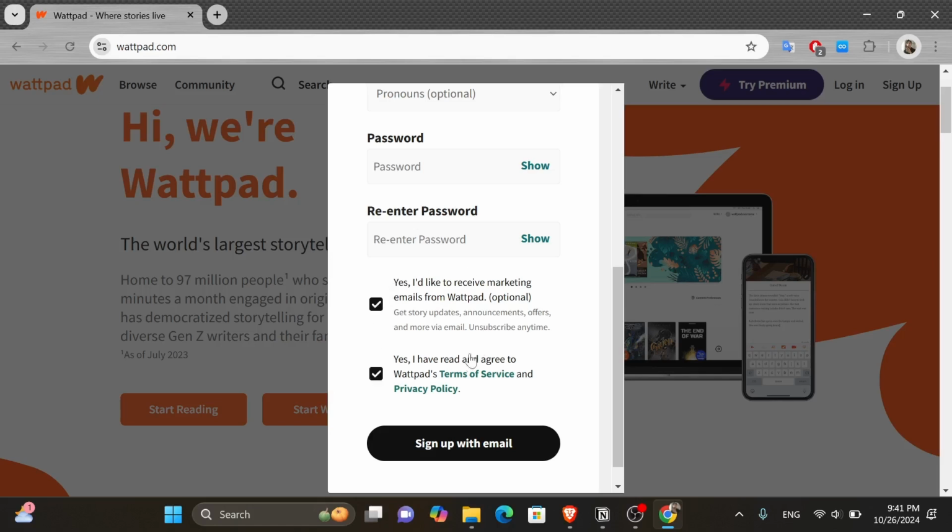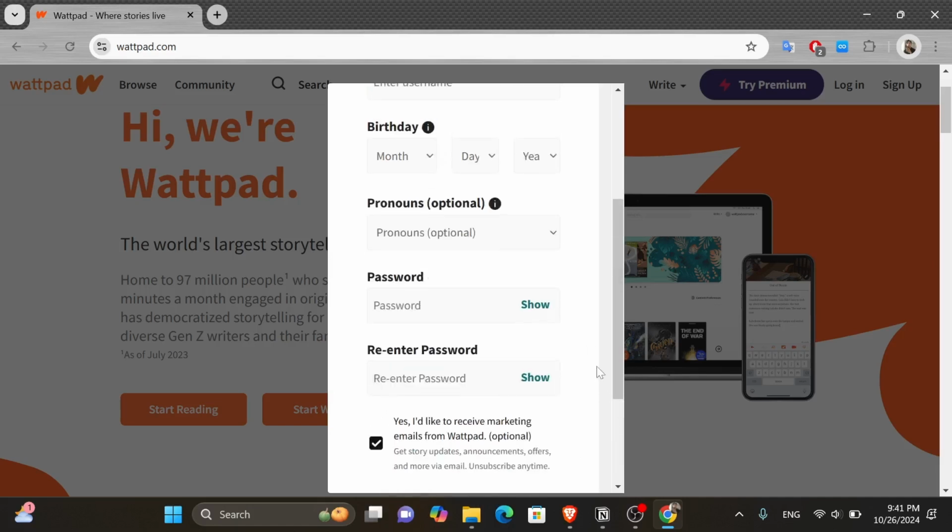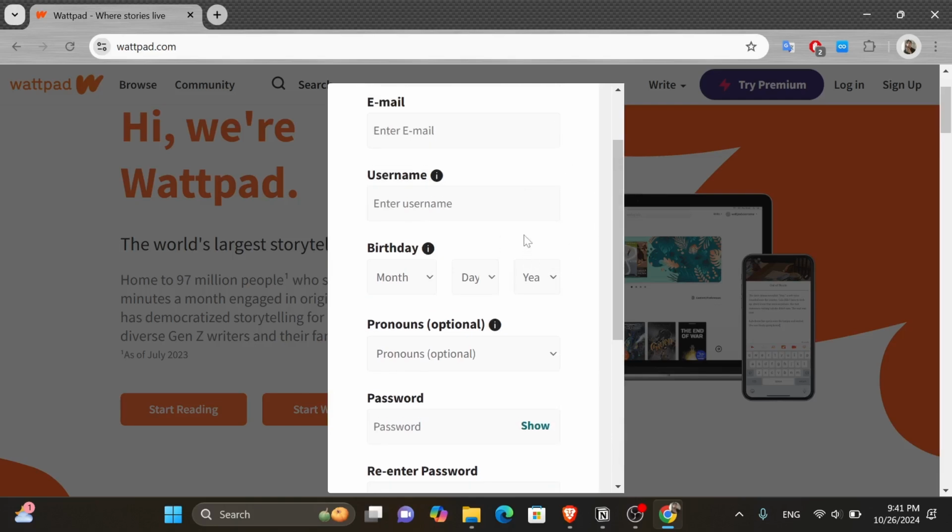And tick these boxes to agree on the terms and conditions. And finally, click onto the sign up with email button down here. And then it's going to ask you to choose what you are interested in reading. And that's